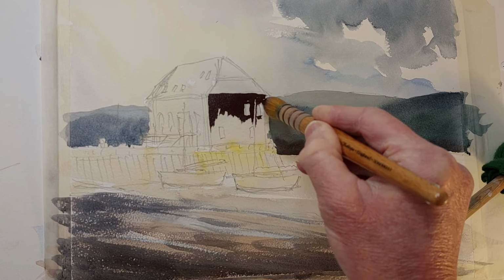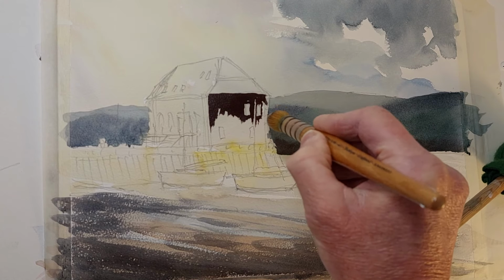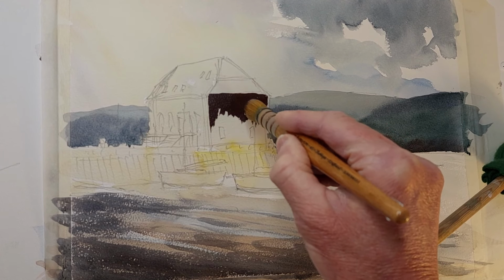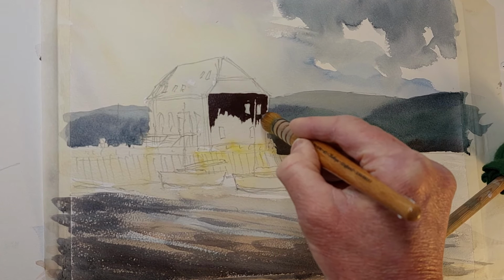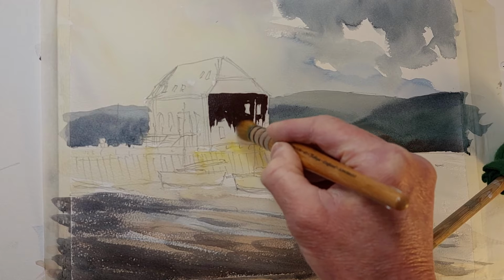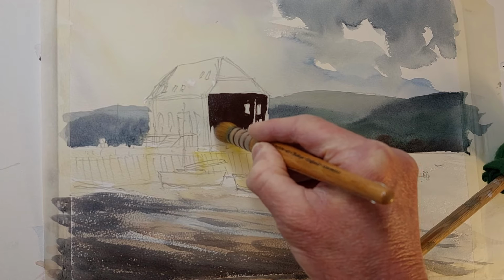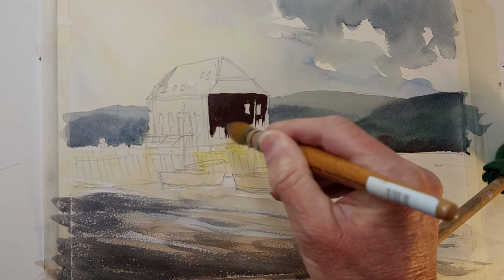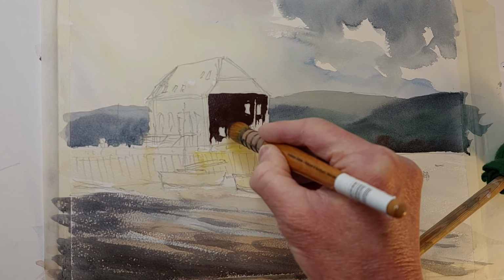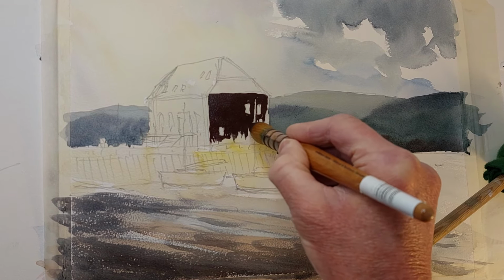There's another window there, so let's try and pick that up as well, because I want the light shining back from that water onto the window frames. And as I say, always, if you can, use a large brush for these washes, because they are just washes of colour, and the clean washes of colour make all the difference. They really, really do. If you can get that,